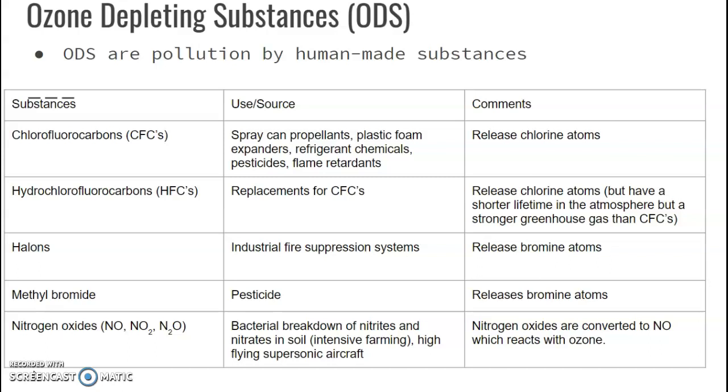Presentation. This is the second part, and we're starting with the slide that we ended with, which is starting to talk about the ODSs, or ozone depleting substances. As I mentioned before, these are all man-made chemicals, substances, and they are pollution. As you can see from the table, except for the nitrogen oxides, the CFCs and the HFCs, etc., they release halogen atoms, chlorine, bromine, and these halogens